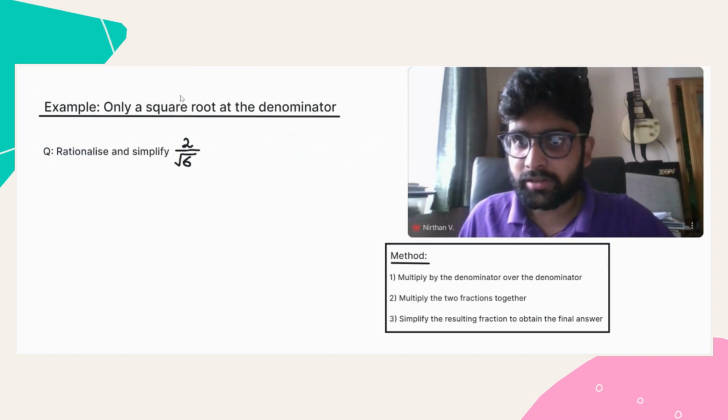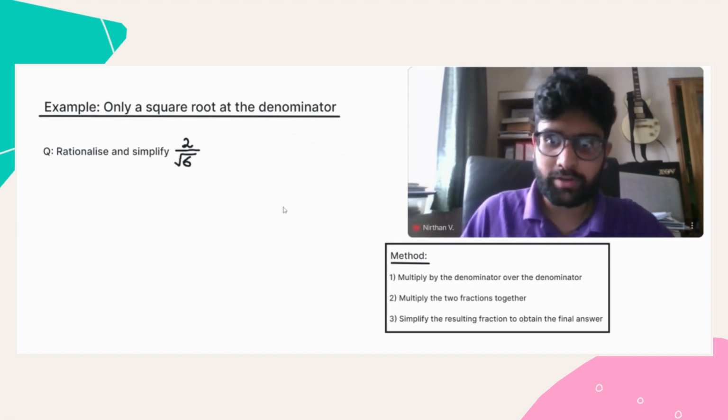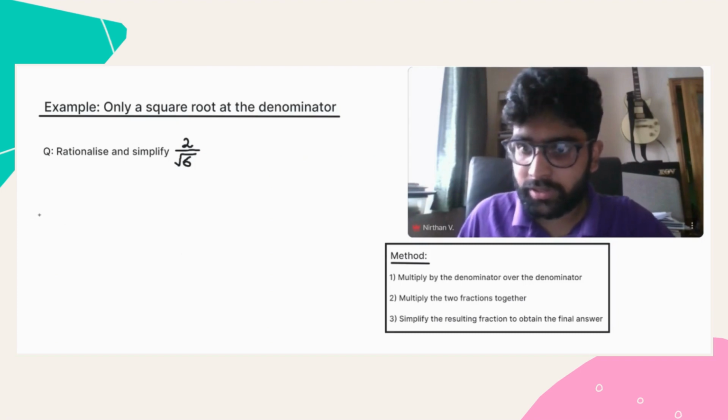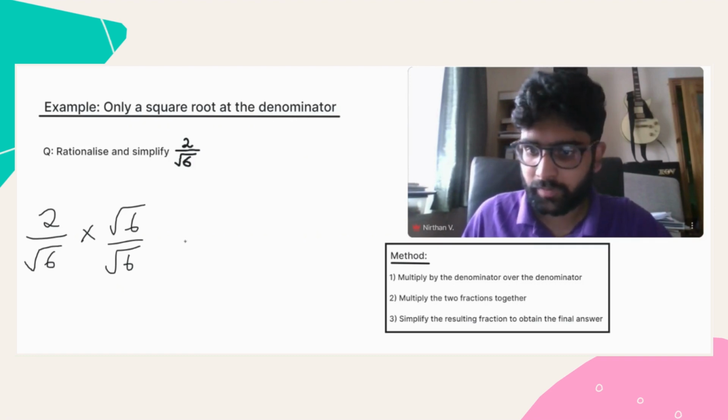Now let's see this in a couple of examples, starting with one where we only have a square root at the denominator. So for this, the first thing to do is to multiply by the denominator over the denominator, so by root 6 over root 6 in this case. And this is the same as multiplying by 1, so we do not change the value of the original fraction. From here, we just multiply the numerators together and the denominators together, and that gives us 2 root 6 over